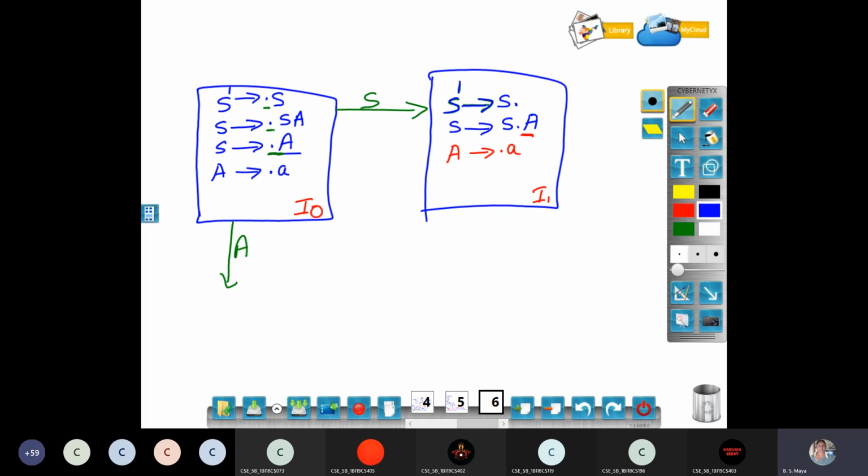Any doubt? Can you tell me what is the production now? After moving dot at the right hand production, what happens? S derives A dot, ma'am. How is it okay? Do you have a dot at the beginning of capital A or end of the capital A? At the end. Then I don't want to add anything here. That is only the one production. If it is the end of the production, then no need to apply any production there.